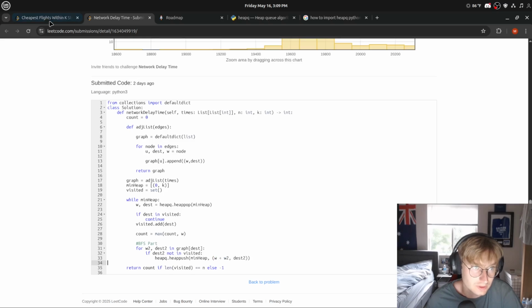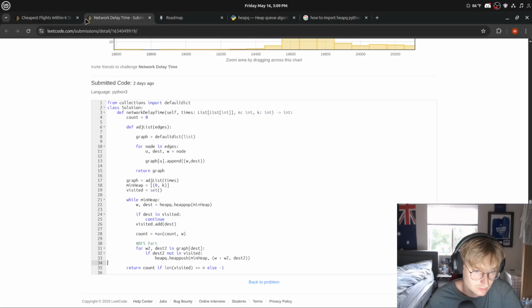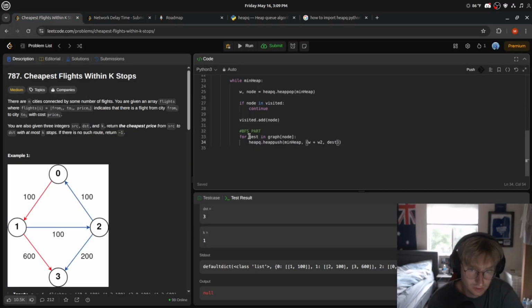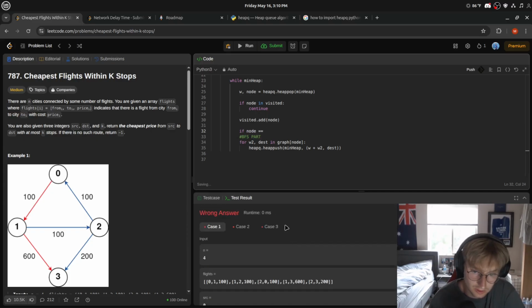W plus W2. Yeah, W2 and dest. In graph node, we do W plus W2, passing our destination. We need to check here. Well, so if node is equal to the,